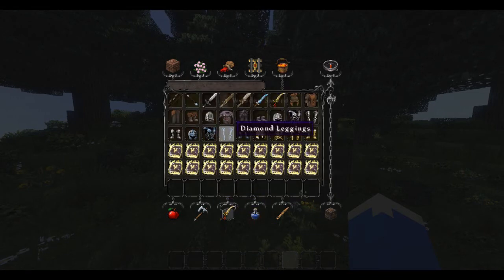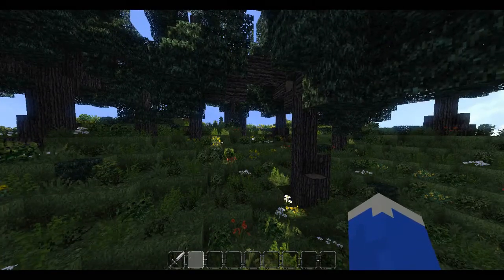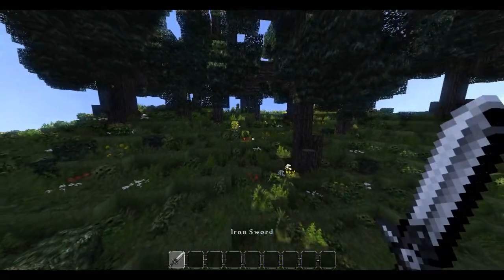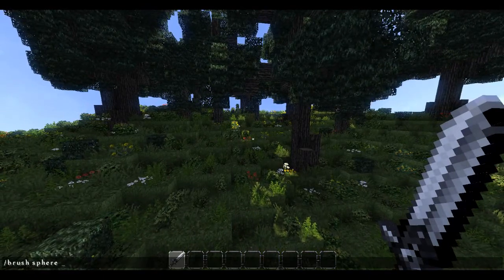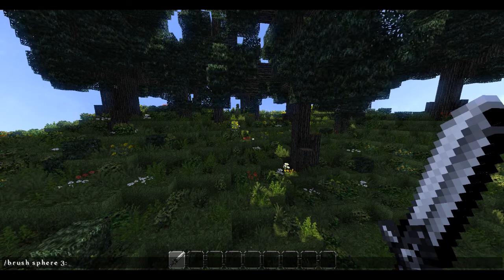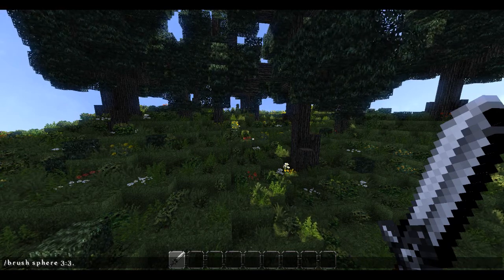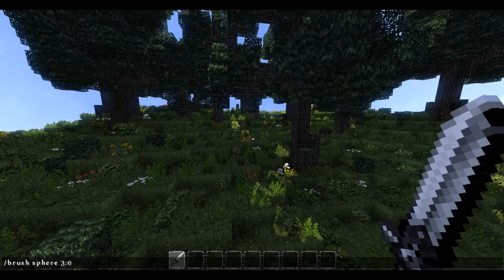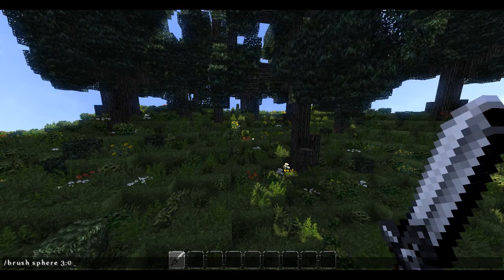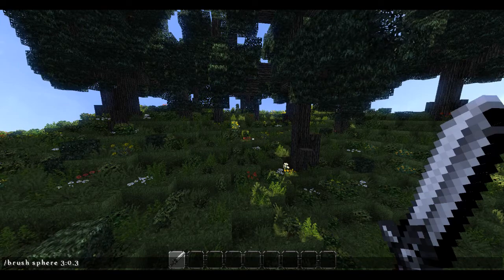The first thing I'm going to do is create a brush for the terrain underneath the trees. I'm going to do brush sphere. I'm going to use 3:3, which is the permanent dirt, or I think 3:0 works because we've got the grass growth turned off on the server, so we can do that as well. And 3:1